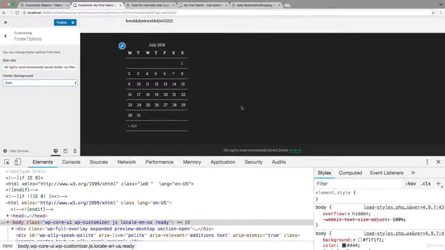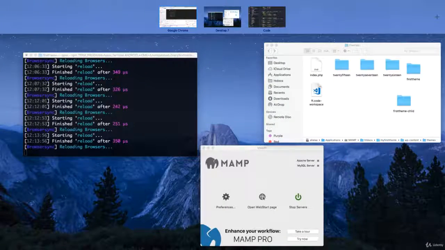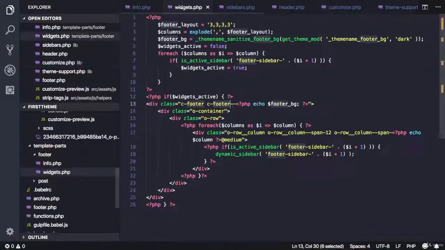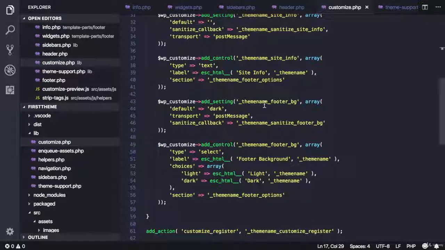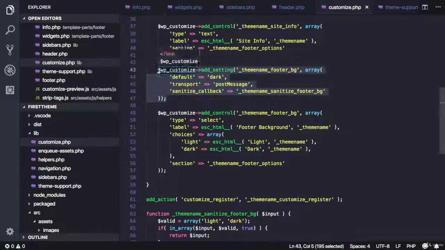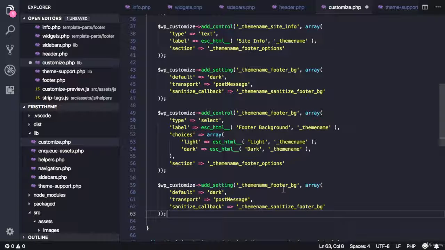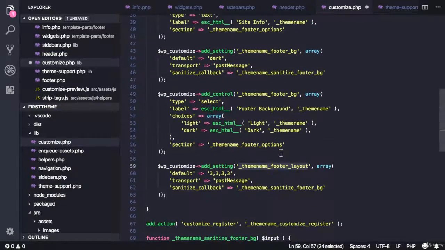So let's add the text field for the photo columns now. Remember when we were writing the photo, we mentioned that this will be a text field and the user will be able to choose the columns layout using this field. So let's add a text field, and we already know how to do that, so let's do it quickly. Let's copy one of these and add settings, and let's call it photo layout. And the default, let's make it the 3333, and it will be post message, and we need to refresh the photo layout when this setting is changed,